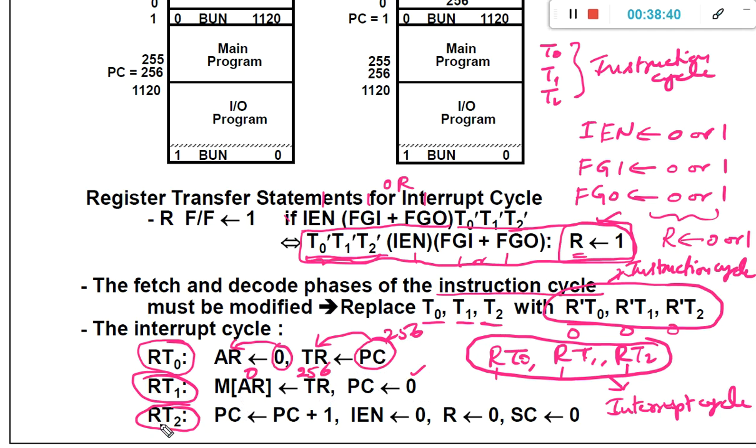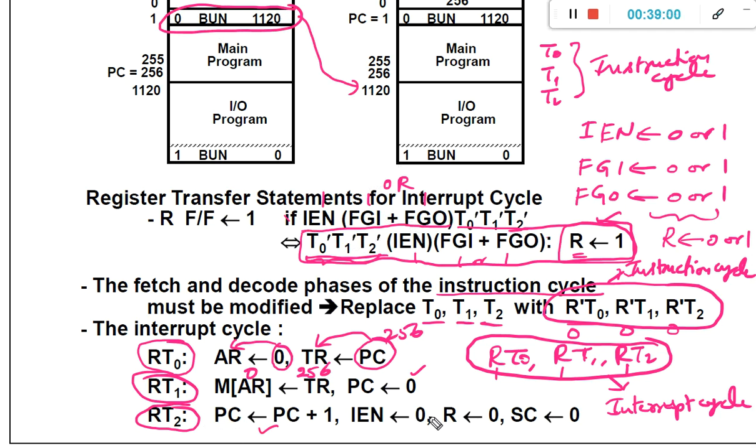In case of RT2, we are going to update the program counter to 1. Then it represents the branch unconditional statement and executes it. So it is going to move directly to the IO program and execute the IO program.